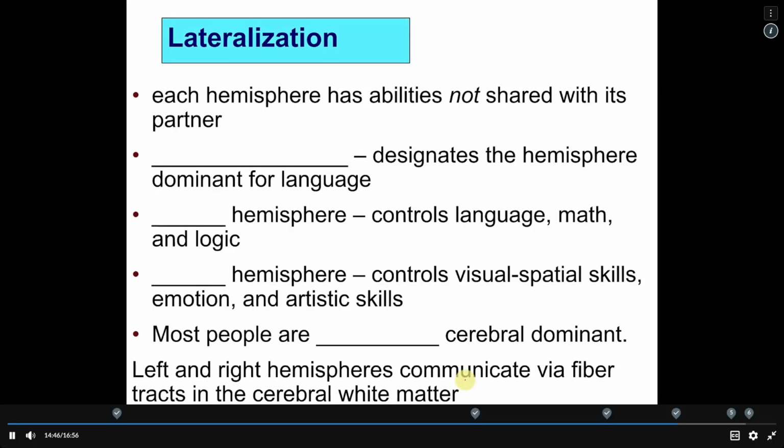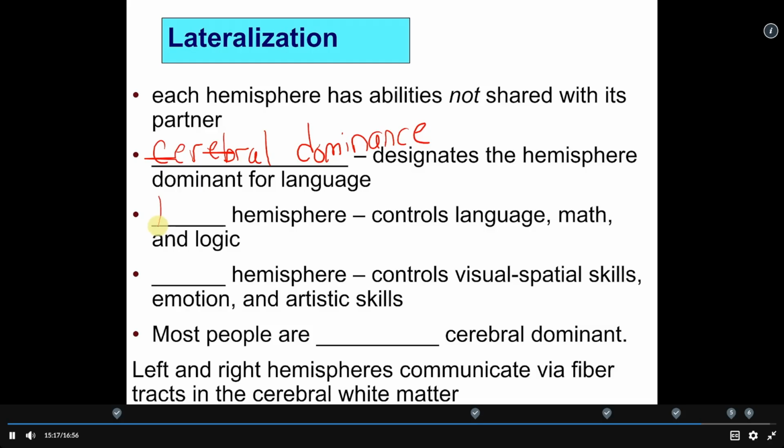So we said that each hemisphere has abilities not shared with its partner, and this is something called lateralization. There is a term, cerebral dominance. And cerebral dominance designates the hemisphere dominant for language, math, and logic. Okay, so for example,